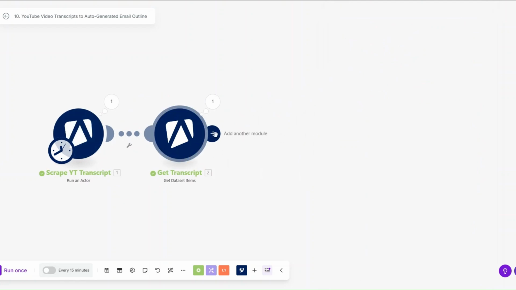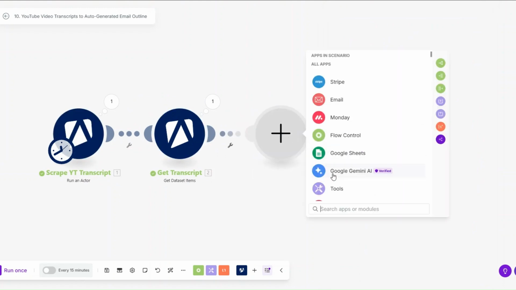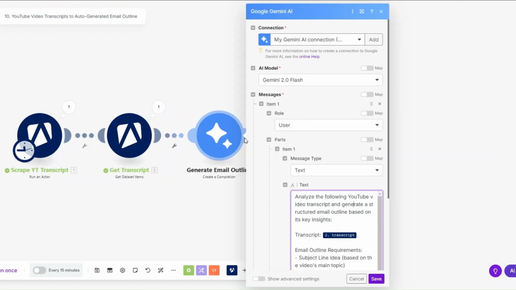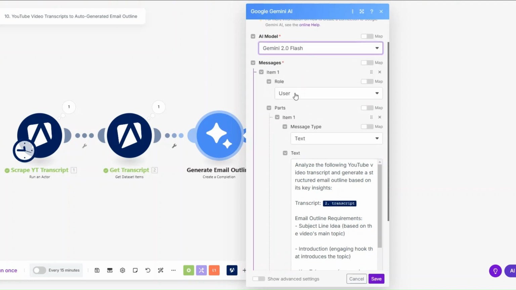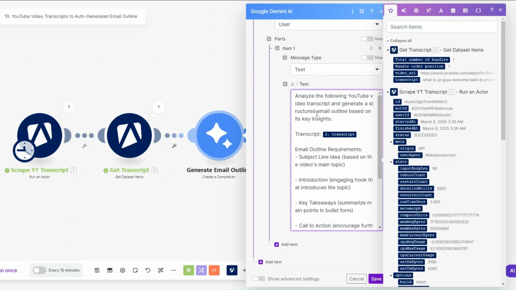So I'll add another module and search for Gemini. Click on Gemini, click on create a completion. I've renamed our module to generate email outline. Here we're going to choose the latest AI model. For the role of the user, we're choosing the message type as text and adding our prompt right here, where